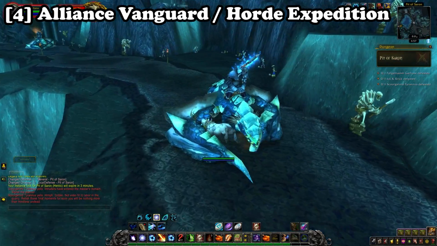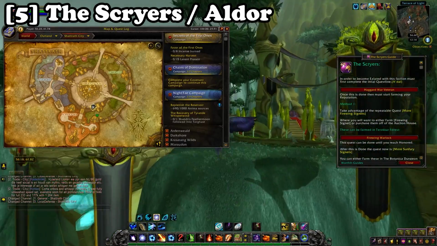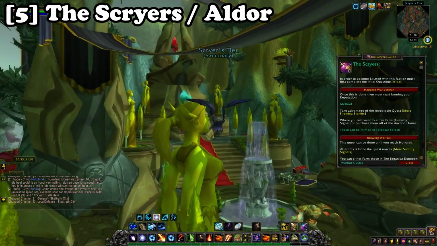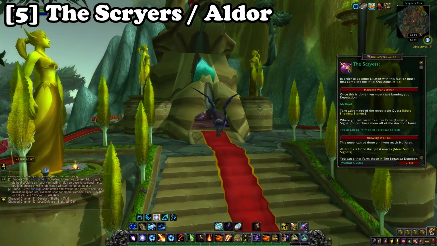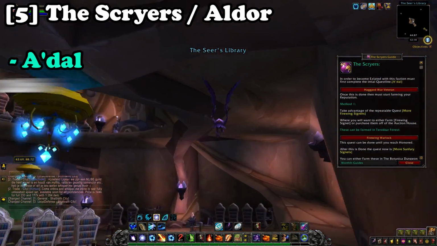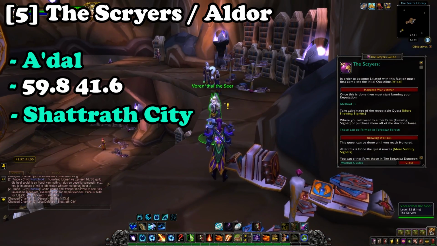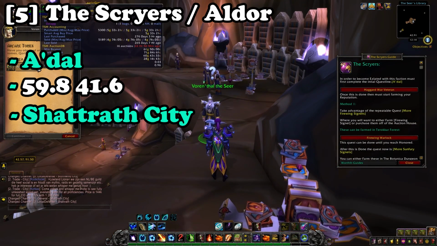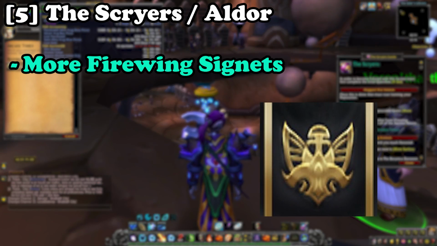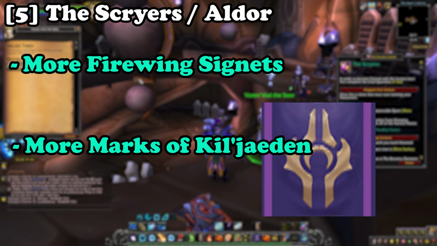Next up at number 5, we have the Scryers and the Aldor from the Burning Crusade expansion. In order to become exalted with these factions, you must first complete the initial quest line at coordinates 59.8, 41.6 within Shattrath City. Once this is done, you must start farming your reputation. Take advantage of the repeatable quests, More Firewing Signets for the Scryers and More Marks of Kil'jaeden for the Aldor,